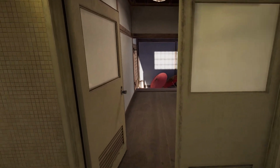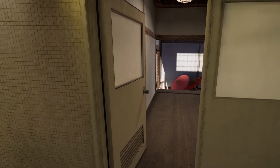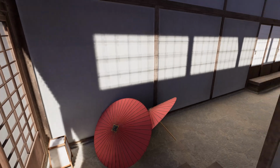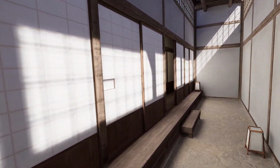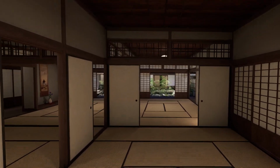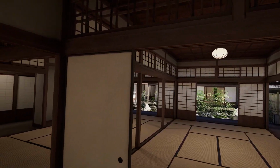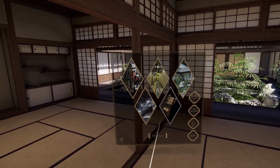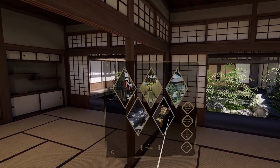I've played thousands of experiences in VR. Thousands. Games, apps, educational, recreational, you name it. Artistic. And this is one of the most amazing jaw-dropping apps I have ever seen. This is simply amazing. Now, let me show finally